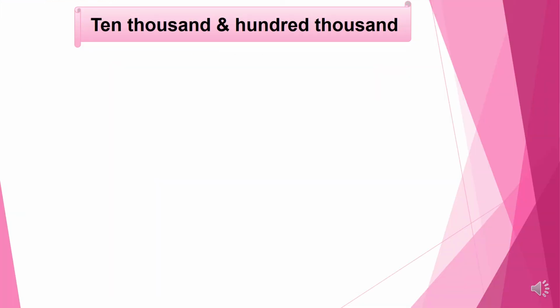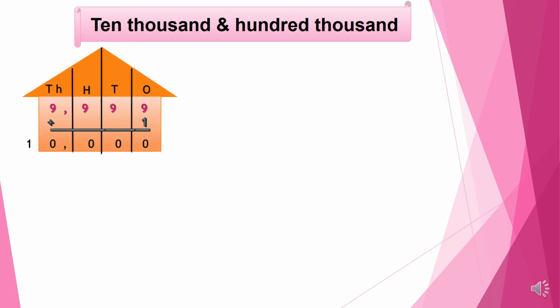10,000 and 100,000. As we said before, any number has a place, and in our numbers house, each digit will enter one room only, and each room contains one digit only. If we have a 4-digit number, our house will contain 4 rooms: ones, tens, hundred, and thousand. And the greatest 4-digit number, as we said before,